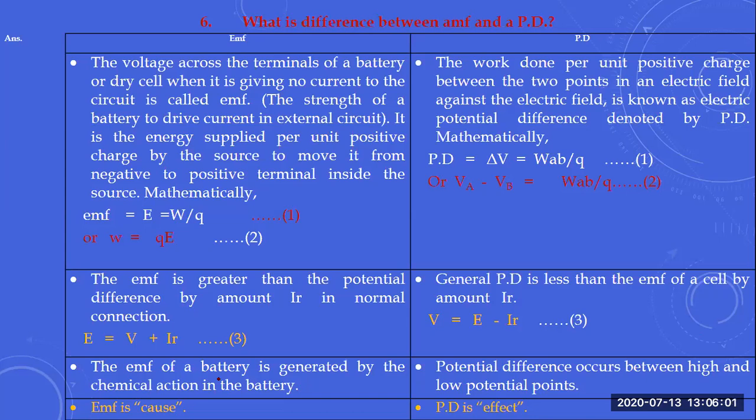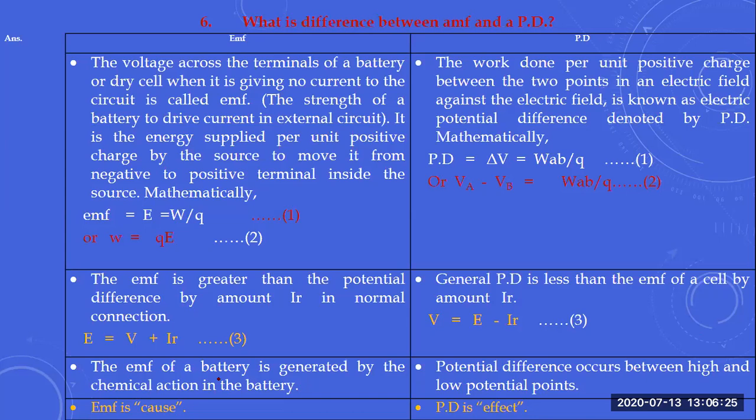So apply the same type of concept in the case of EMF and potential. You keep it in continuous motion with the help of a battery. You are applying some amount of force, and that is basically EMF. The charges move from one terminal to the other terminal, and they acquire some amount of energy to overcome the repulsive forces during their motion.